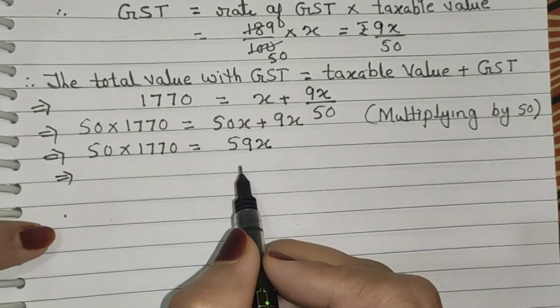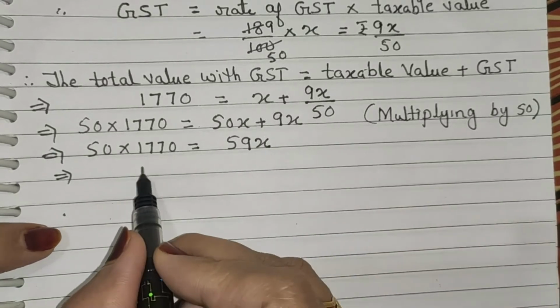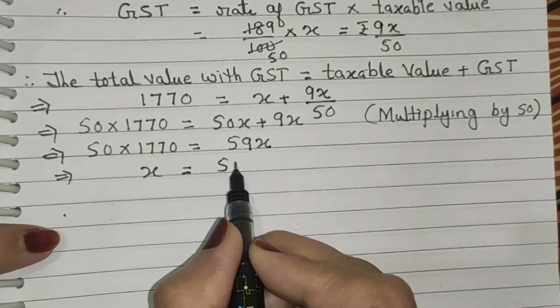Now dividing both sides by 59, we get x is equal to 50 into